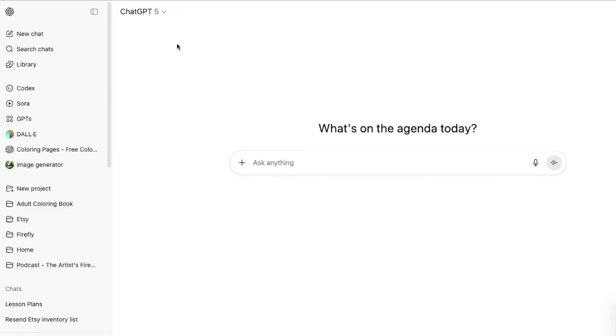So I want you to take a look over here at the left side. You've got where you can have a new chat, search your chats, library. Again, we're not going into all of that. But over here on the left side, think of this again, like I said with Firefly, like an engine, like a way that it works. This one is called DALL-E. It's for image creation. But I want to let you know that you can also create images right here within the main screen of